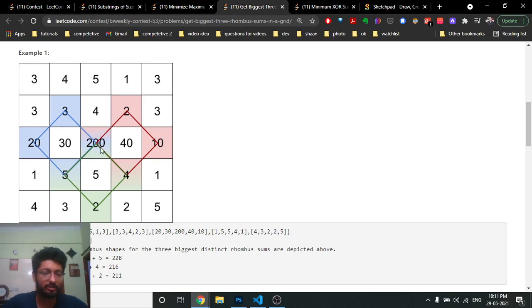Okay, so you can easily find out, if this is the (i, j), then this is (i minus 2, j) if the length is 2, then this is (i, j minus 2), then this is (i plus 2, j), and this is, as you can see, (i, j plus 2). So you can find out all the 4 coordinates. If all the 4 coordinates are inbound of the matrix,